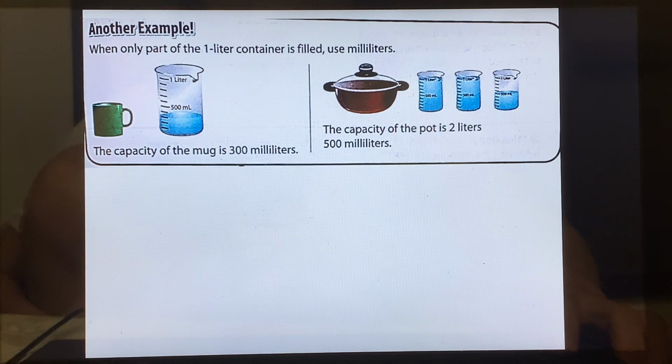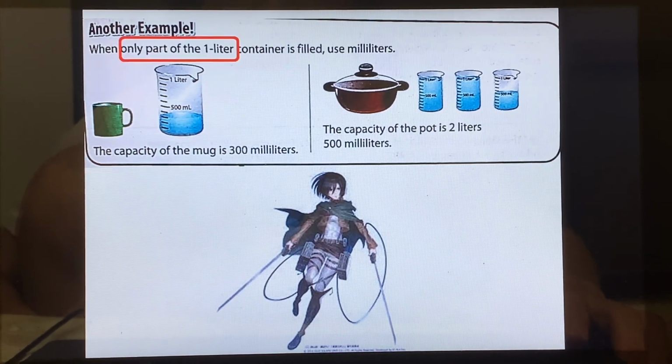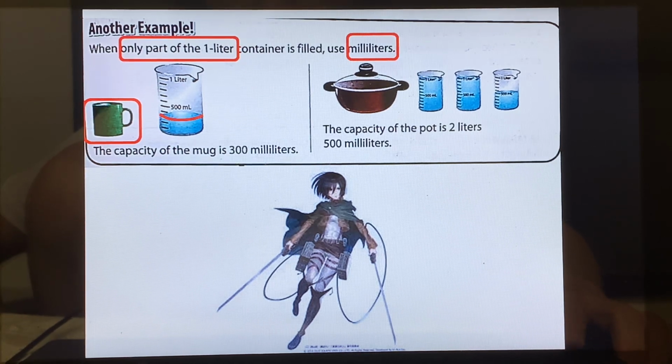Another example, when only part of the 1 liter container is filled, use milliliters. 好，那我们这个量杯如果倒不满，因为它的容量最满是到1 liter， 那如果倒不满的话呢，这个容量就要用 milliliters 来说。The capacity of the mug, 这个马克杯的容量